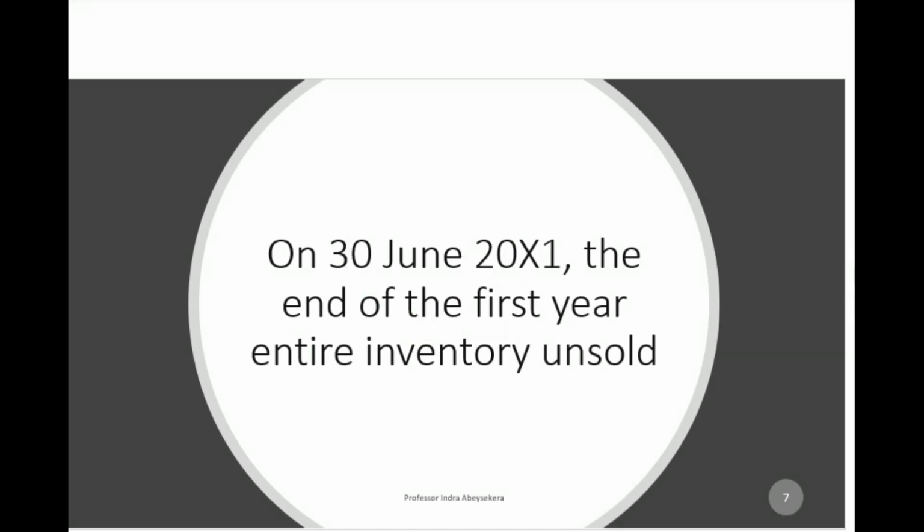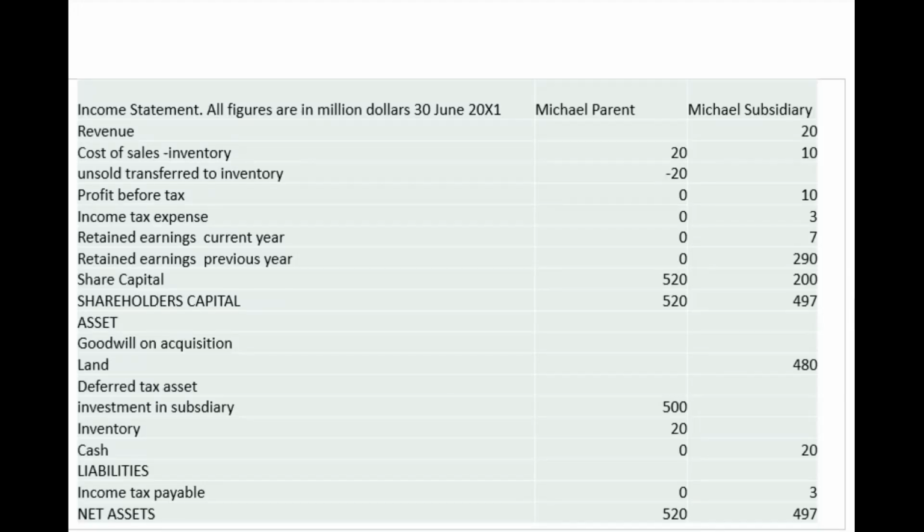On 30th June 20x1, the end of the first year, the entire inventory is unsold. So this is the second part. In that, we have the Michael parent and Michael subsidiary financial statements, 30th June 20x1. You can see at the end of the year, Michael still has the share capital of 520 million, and then